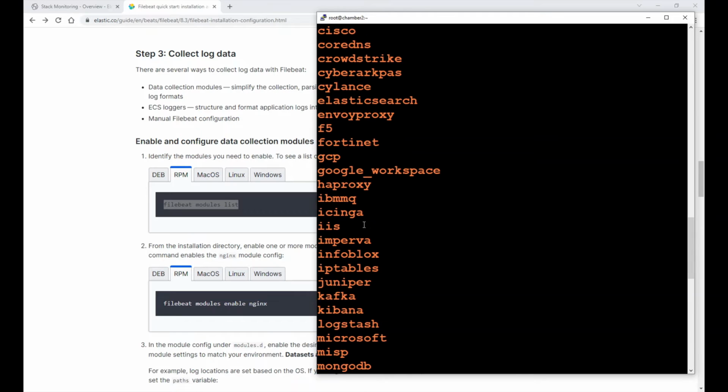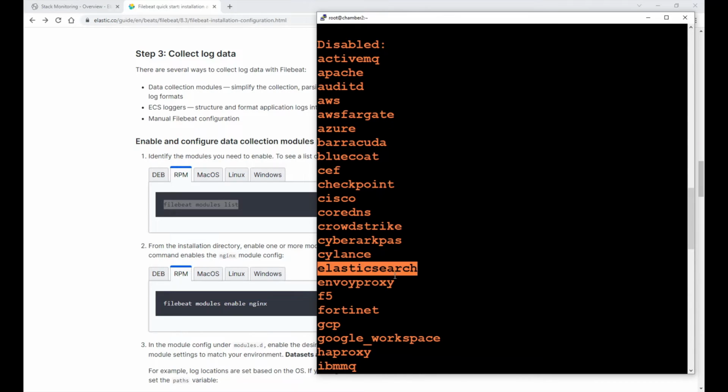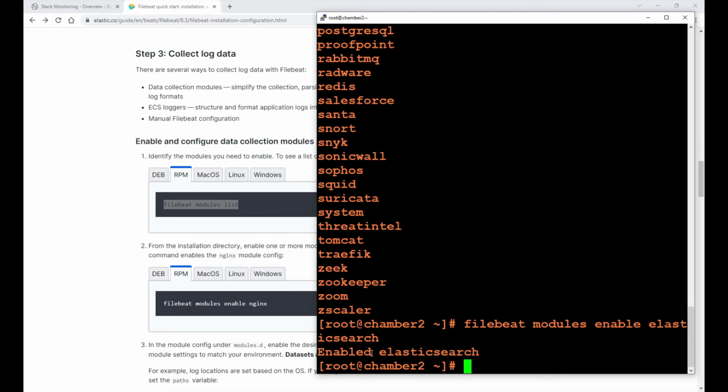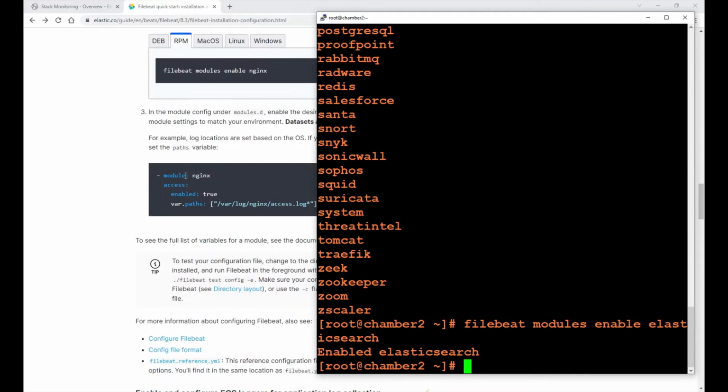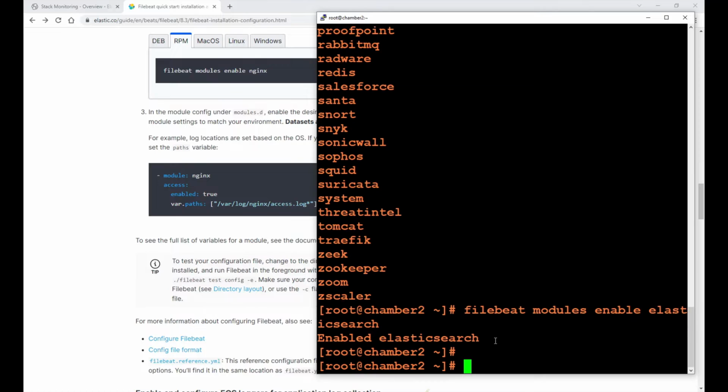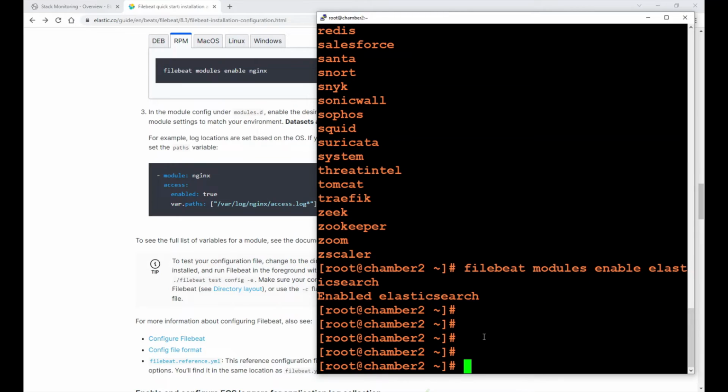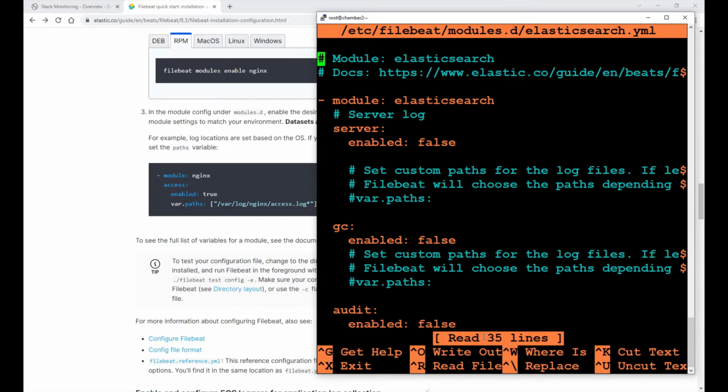I'm gonna say the next command, Filebeat modules enable Elasticsearch, and it is right here, this one. Okay, enable Elasticsearch, and now we can go to the Elasticsearch module YAML file of the module, so that we can specify more options. Filebeat modules elasticsearch.yml. So now we have server logs, we have those garbage collection logs, audit logs. For now, I'm just gonna enable the server logs. So I'm gonna say here true,